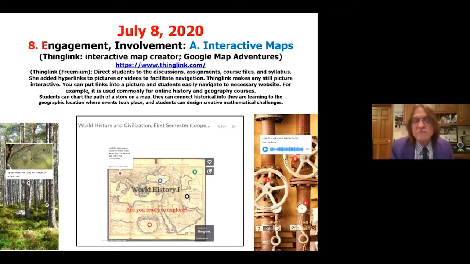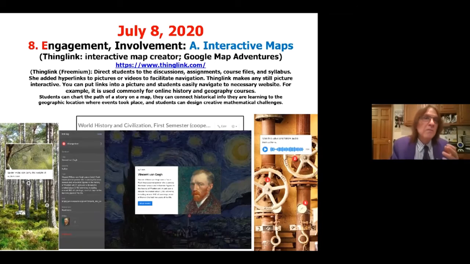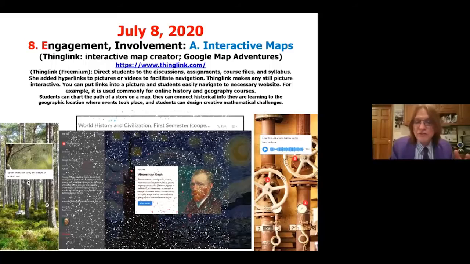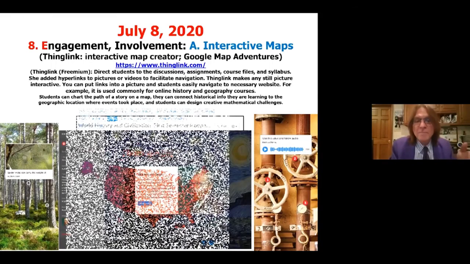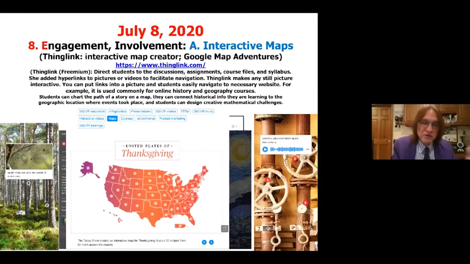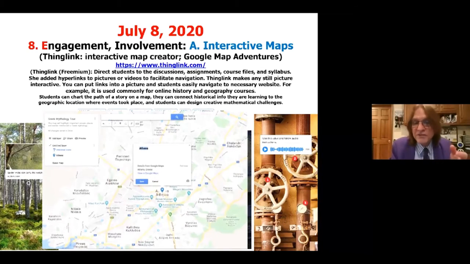So you might have Vincent van Gogh in the Netherlands, in Amsterdam Museum, and you can be linking to different Van Gogh paintings or different artists like Van Gogh, and so forth, using ThingLink. Or a map of the US and different states in the US and the capitals. You might be linking to what's famous for different states in the US. Or different places in Athens, Greece that you might want to look at in ancient Greece or ancient Rome.